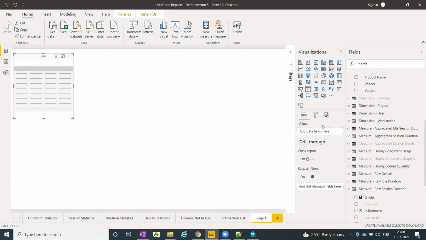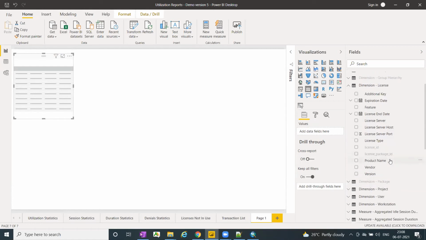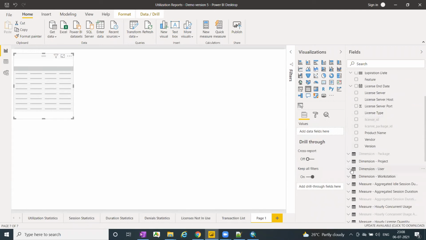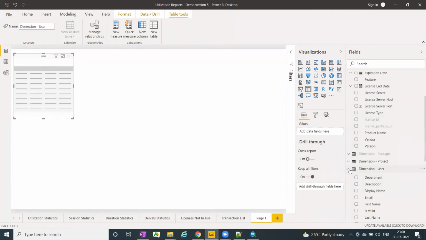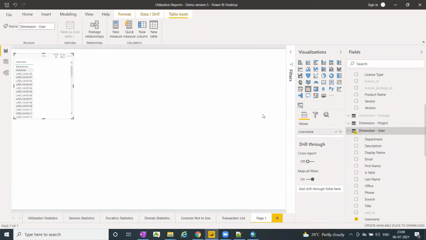I selected a table here. Now I want to see for which product what the usage hours are, like how many hours that application is in use, and of course the user information for that application. So I select dimension user, and I select the username. Simply I can drag and drop.